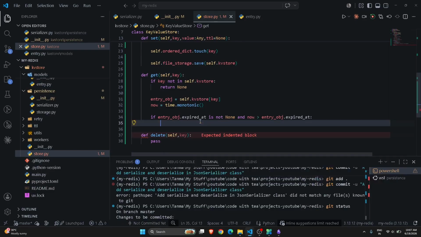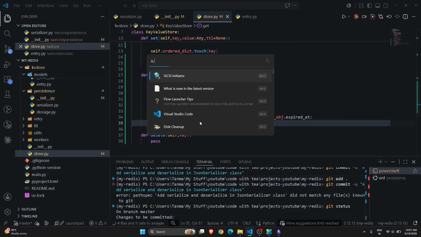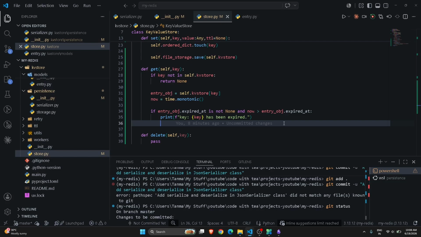In that case, I'm going to print key, and then give the key has been expired like this. Now after that, I have to delete the key from